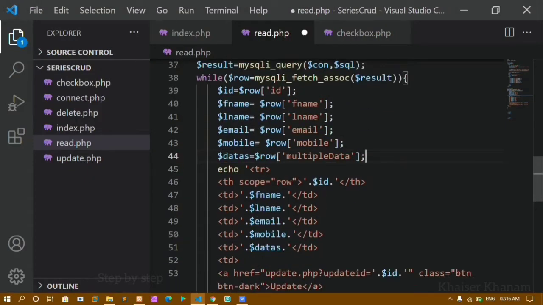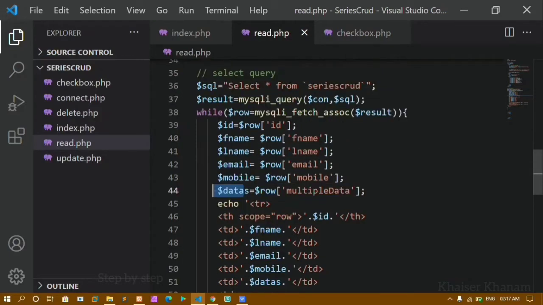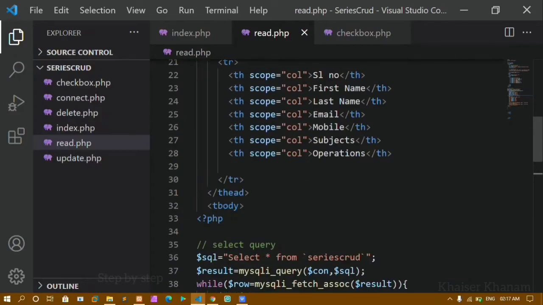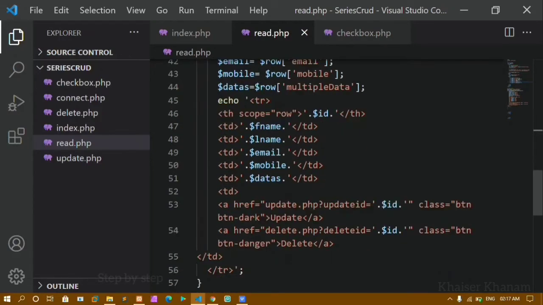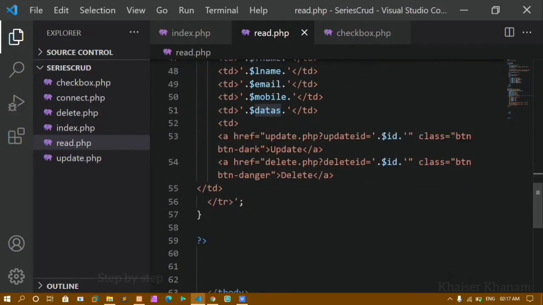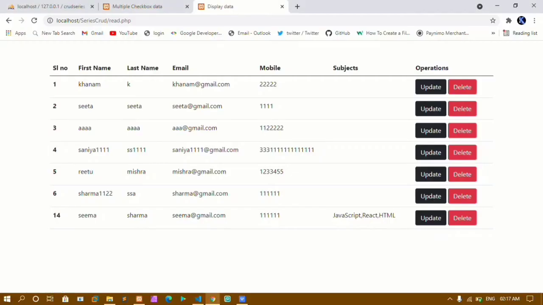Okay, I got lots of error because I have done the same thing here as well. Only once we have to implode, only to store inside the database we are converting arrays into strings. So I'm just adding this one here. This only one line here, row data. I'm just fetching that multiple data column from my database. I'm storing inside the datas. Here I have created one table heading, and I have given that heading name as subjects. And while printing inside the table row, inside table data, I am just adding this one. Now this data is having all the data, and that will be printed in my table.